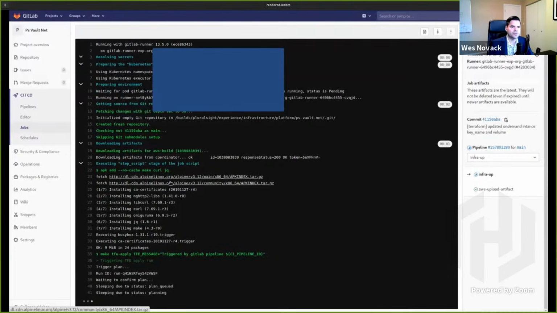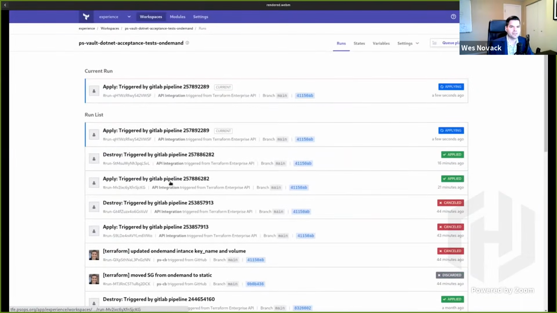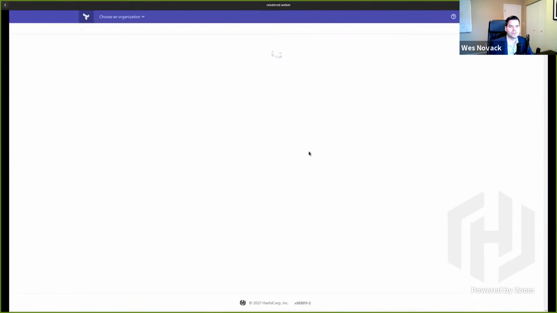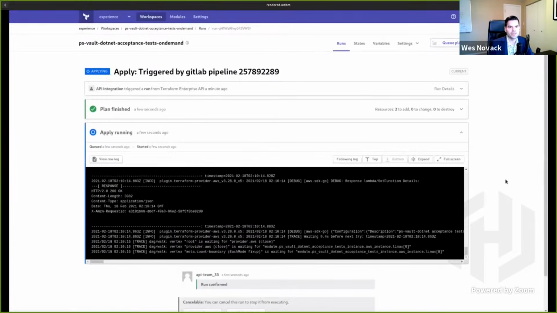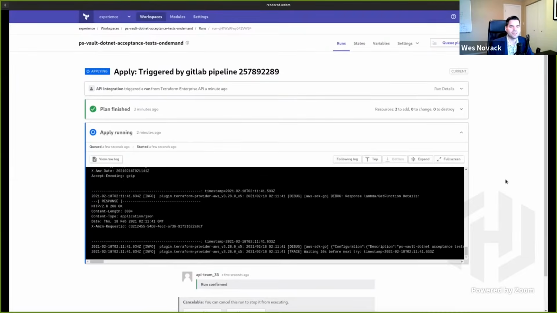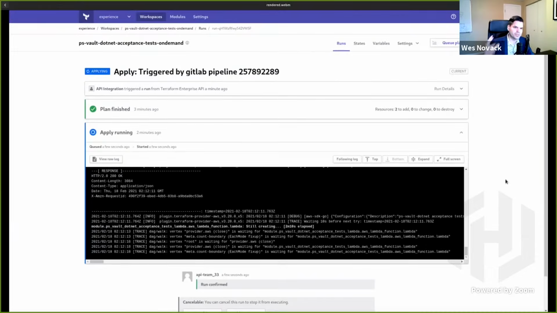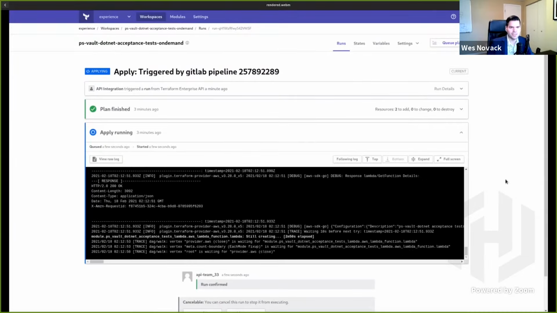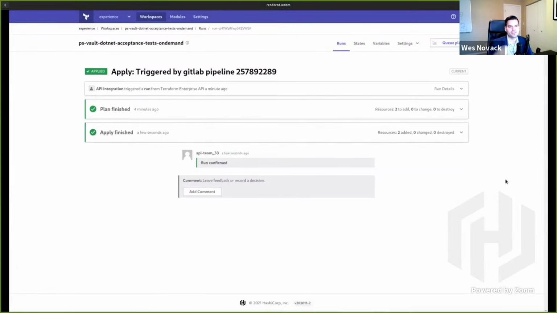Here on the logging screen, again, the runner was preparing its environment. And then now we can see that the runner successfully made a call to Terraform Enterprise. And if we tab over here to Terraform Enterprise, we can see that there was a remote run that was triggered from GitLab. And I've sped up this video to 15x. So you can see that that's flying along there, and that we had a plan that finished. And then from our GitLab pipeline, we confirmed that plan. So then the apply started running.